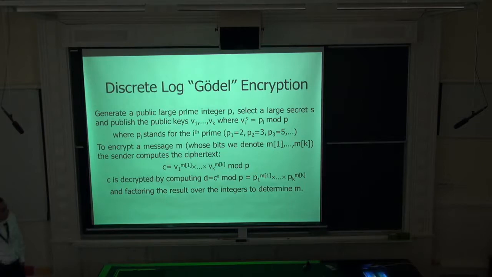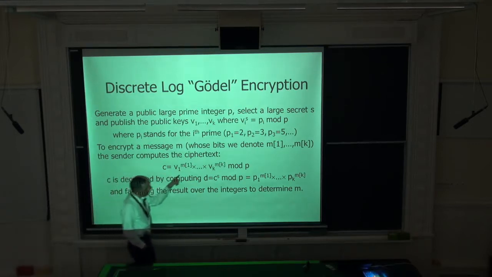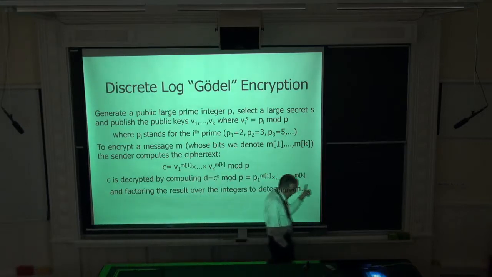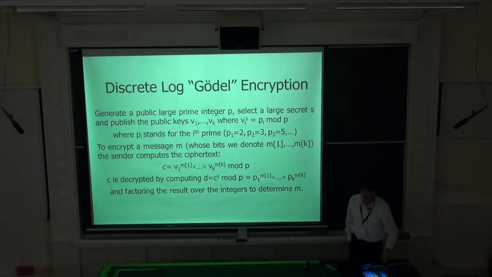So the VI is the power modulo P of a small prime. And now you have a message M that you want to encrypt, and I denote it bits M1 to MK. So you have K bits. And what you do is simply this. You compute this ciphertext. Now this ciphertext looks complicated, but as a matter of fact it is really not, because what happens is that